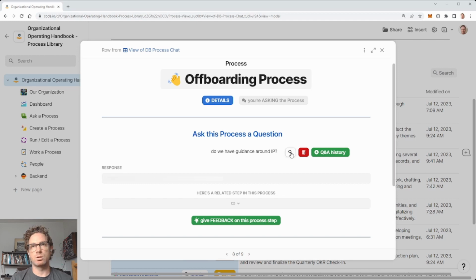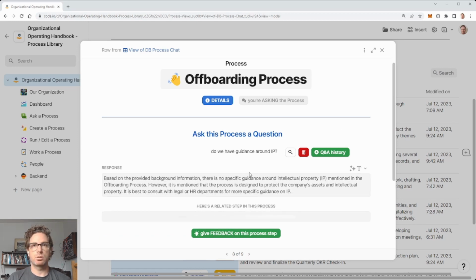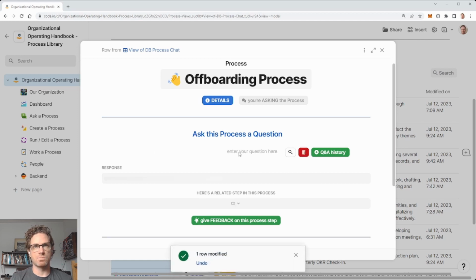So something like questions around intellectual property and how the organization deals with that. Now I know that the process doesn't specifically speak to IP, so we'll see what the AI does. So that's great. It says there's no guidance around it. It lets you know that it's a great idea to consult with legal or HR to get some more information about IP. So based on that information, maybe the next question I have is something like,